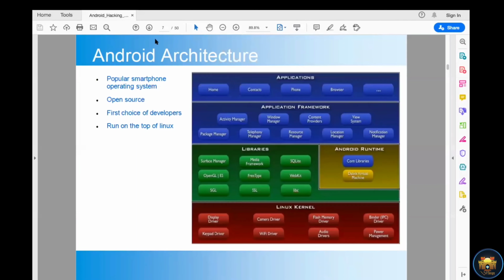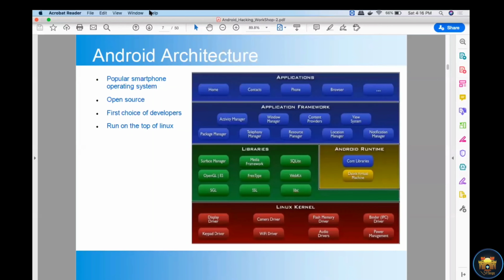You can see the SSL library to manage the SSL connection between 2 different devices, WebKit for the web browser, SQLite used as a database to store information, and OpenGL for graphics.